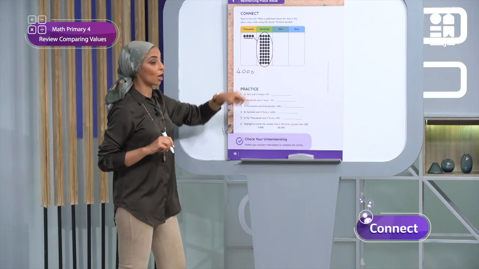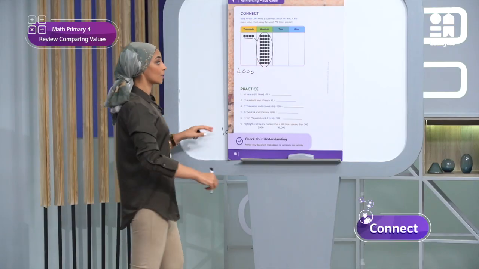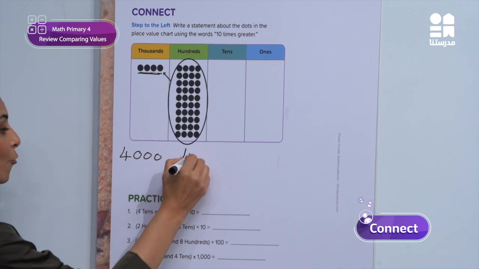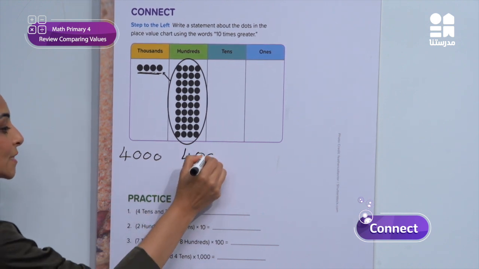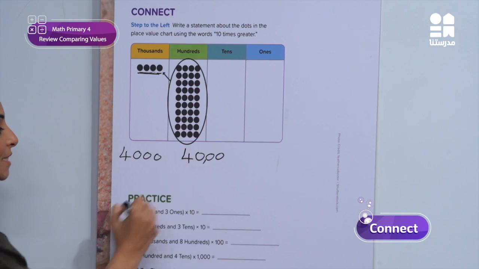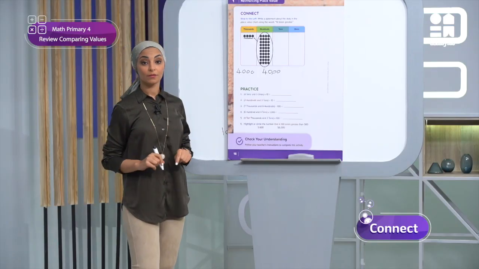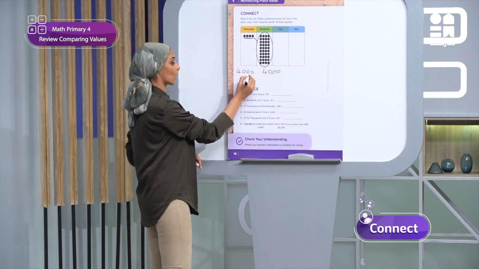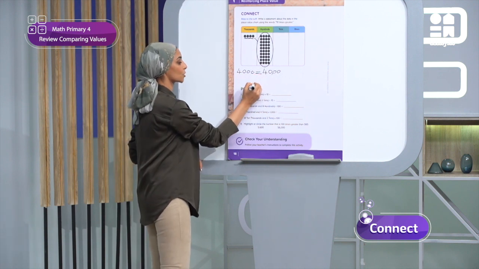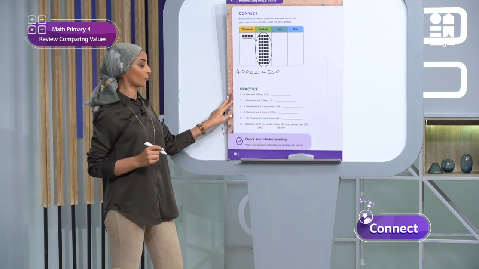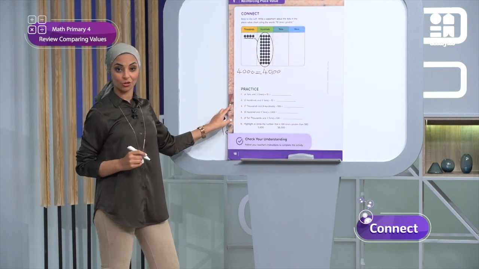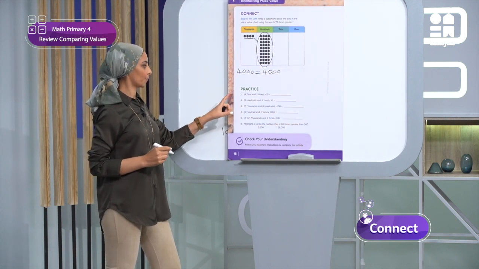What about these dots? Who can tell me? Yes, these dots are 40 what? 40 hundreds. 40 hundreds, right? Okay, that means 4,000 equals 40 hundreds, as you see in this chart. Okay? Now,